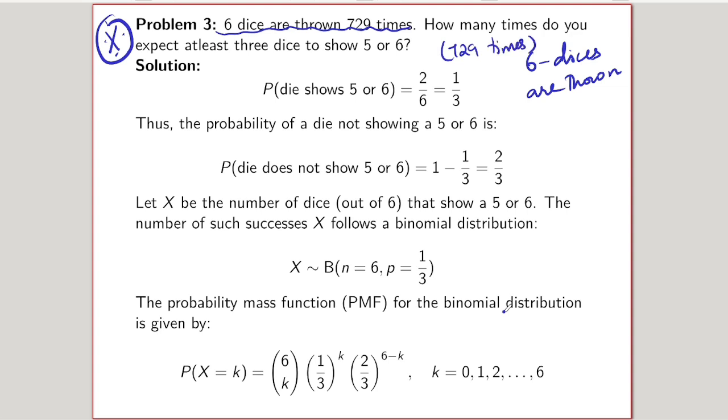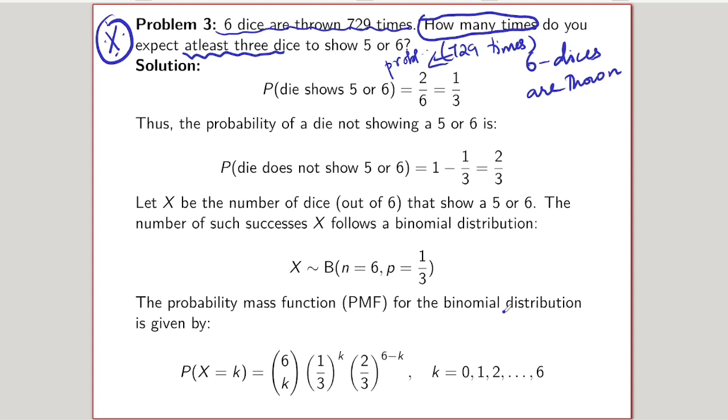So the question is asked, how many times? Among this 729 we have to find the probability. How many represents the probability? Do you expect at least thrice, or at least 3 dice, to show 5 or 6? So among 729 times we are going to find how many times we can expect at least 3 dice to